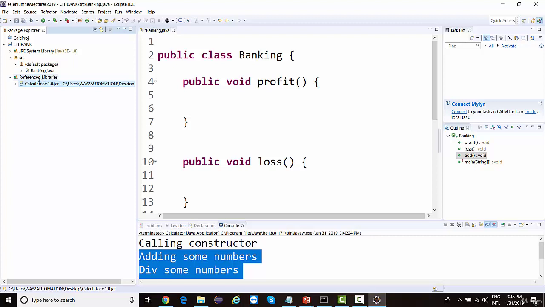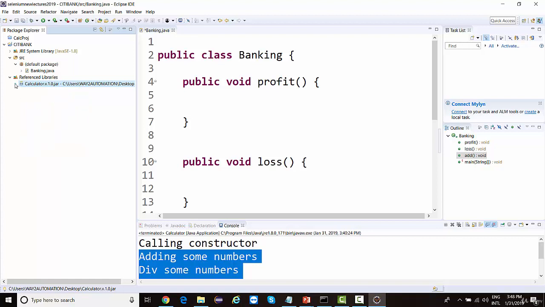Once you include it as a reference library and open it, you'll see the calculator class showing up. If you open it, you'll see other methods are also showing up, right? Although we are not able to see the code inside the addition method, we are not worried about the code, right? We got access to addition.